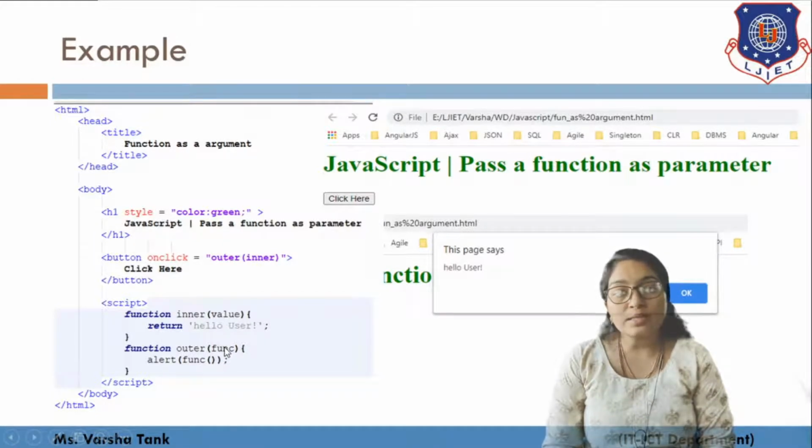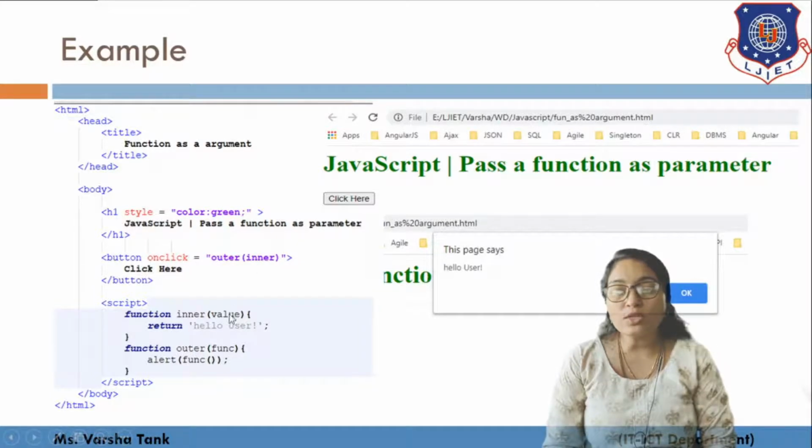Whenever you pass an argument and want to execute it as a function, you have to write the opening and closing parenthesis. Here you can see alert func with opening and closing brackets, so it will be executed as a function and return this hello user, and this hello user will be displayed in the alert box. We call this function as a parameter in the onclick event, so on button click we are calling the outer function.